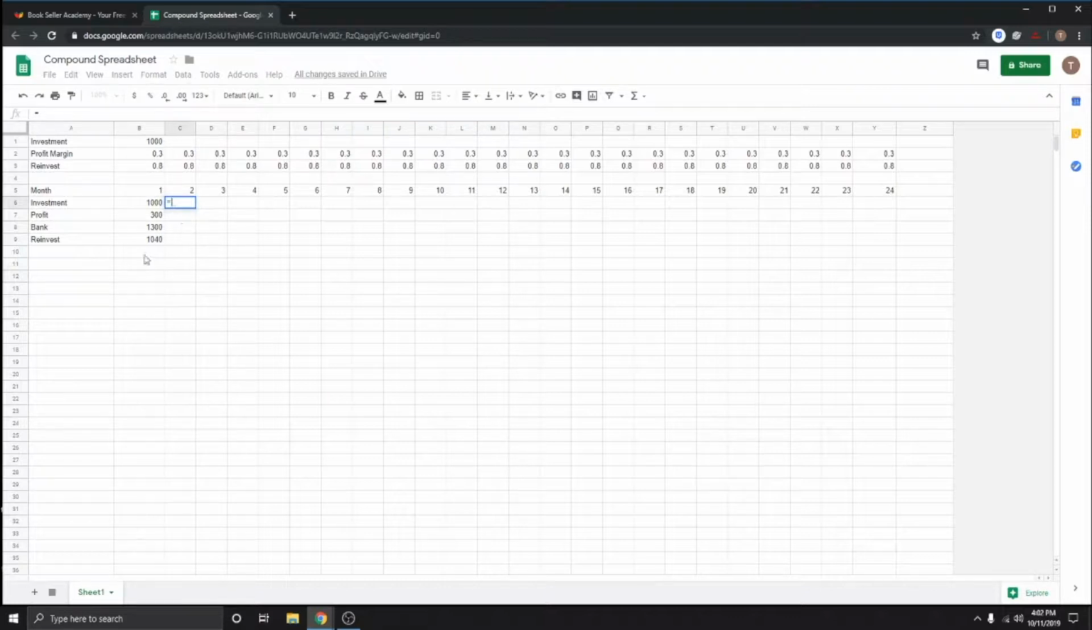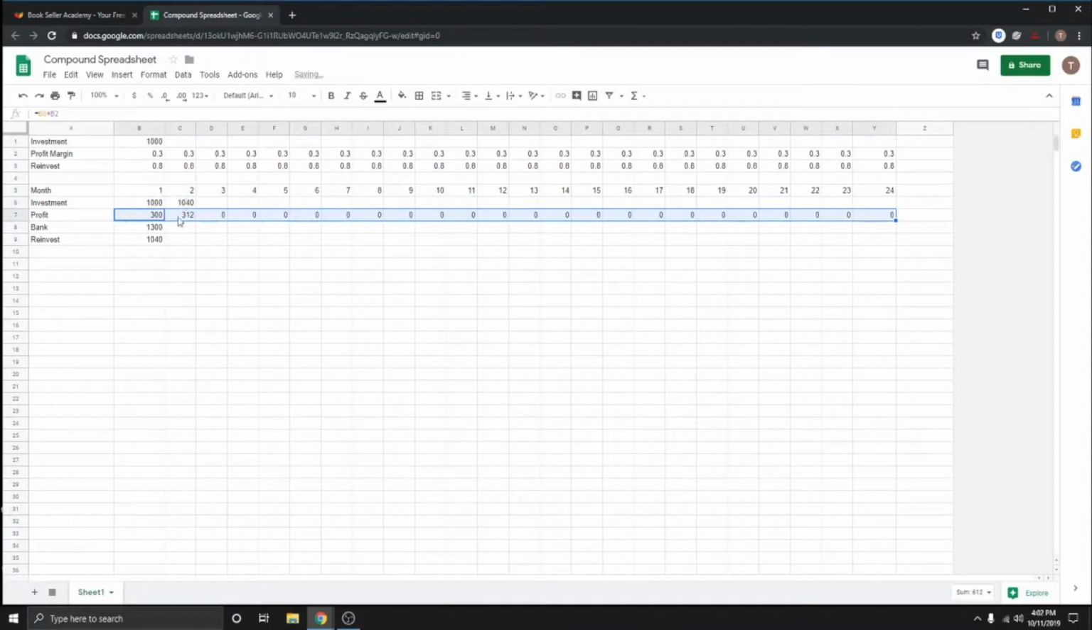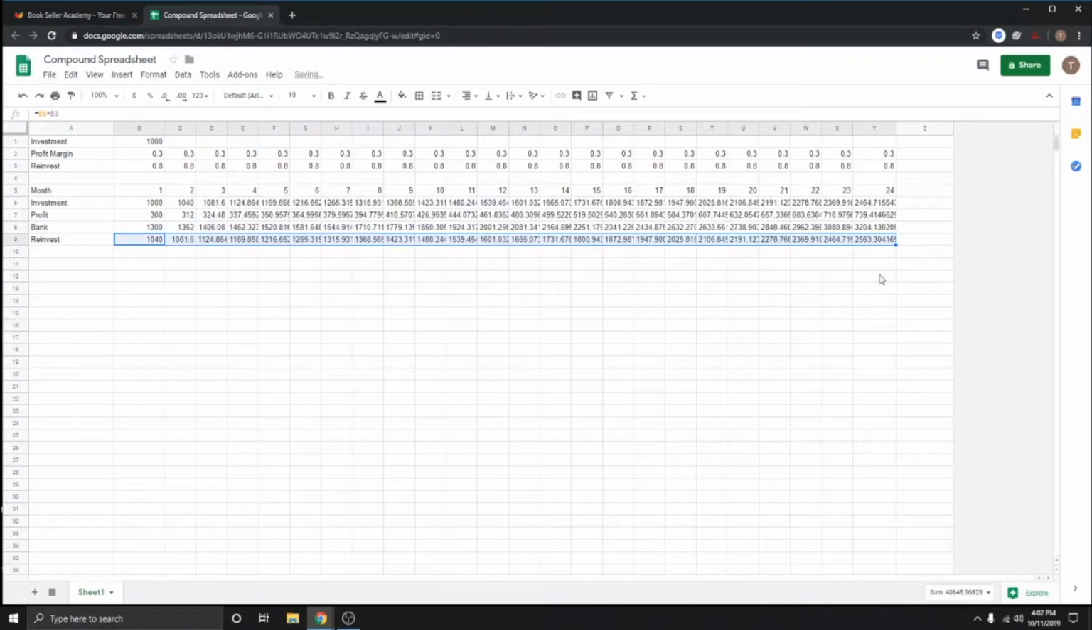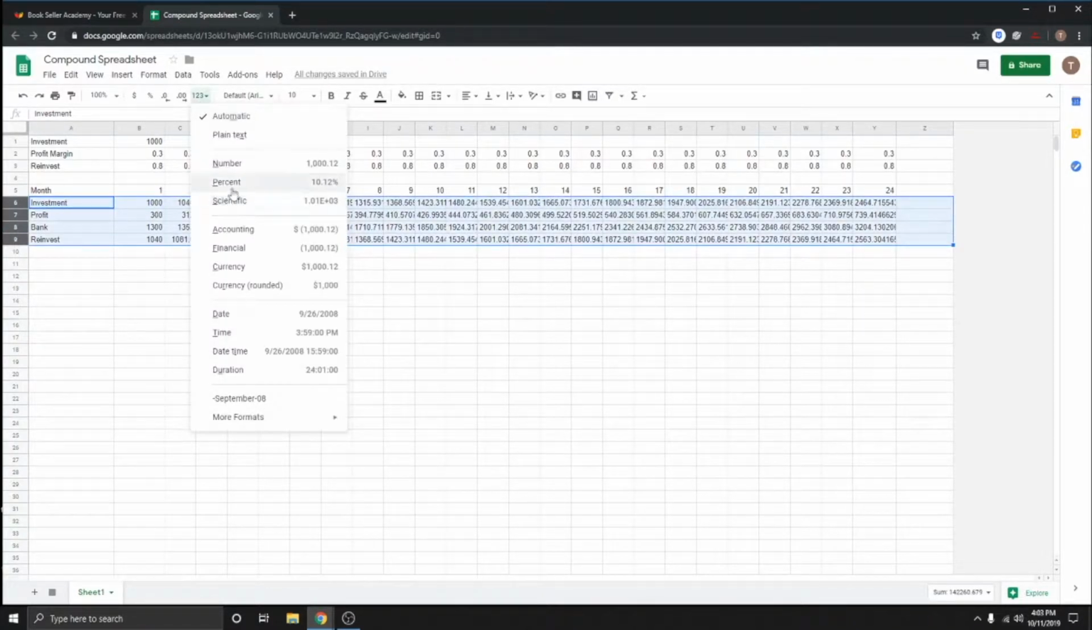We needed to source 1,040 of products. Okay, so now what this should do is we should be able to pull this formula out to the 24 months. Same with this. You can see that it's starting to populate. All right. So now everything's populated. This is a little kind of hard to read, so let's change this to